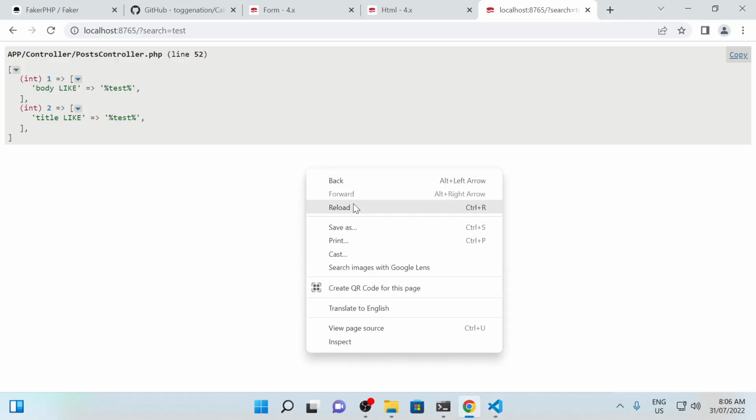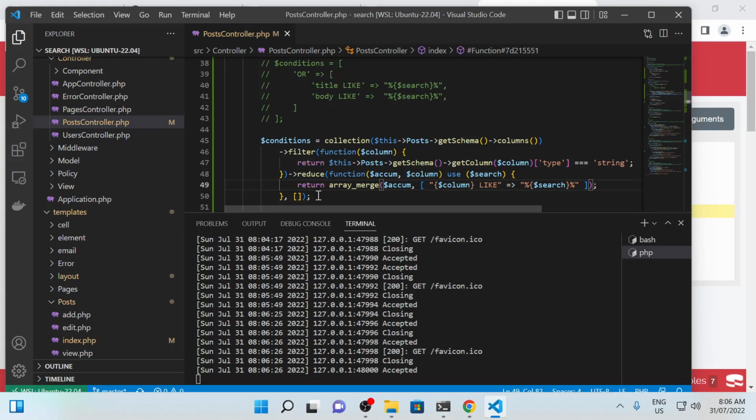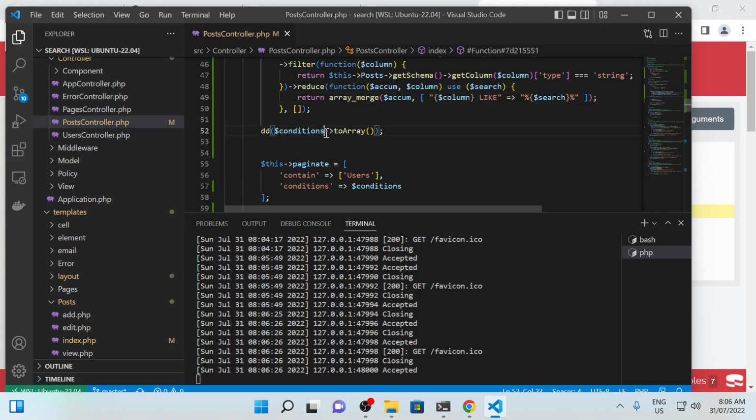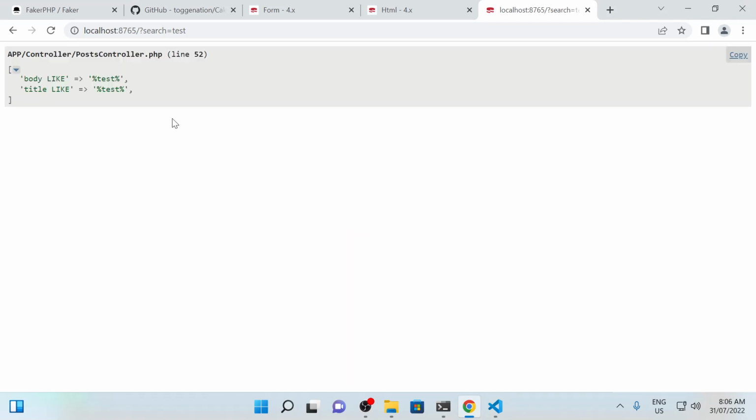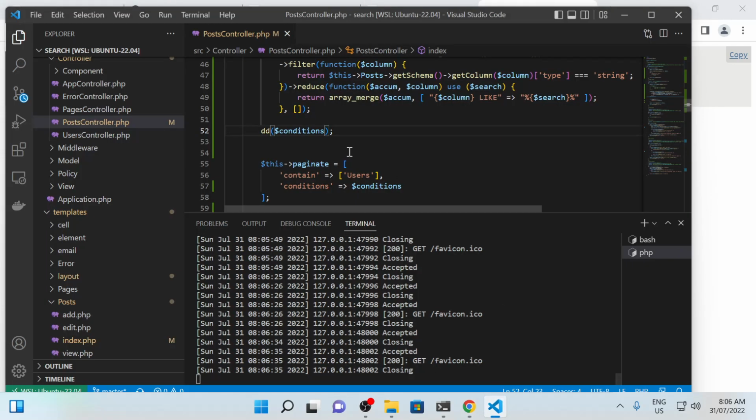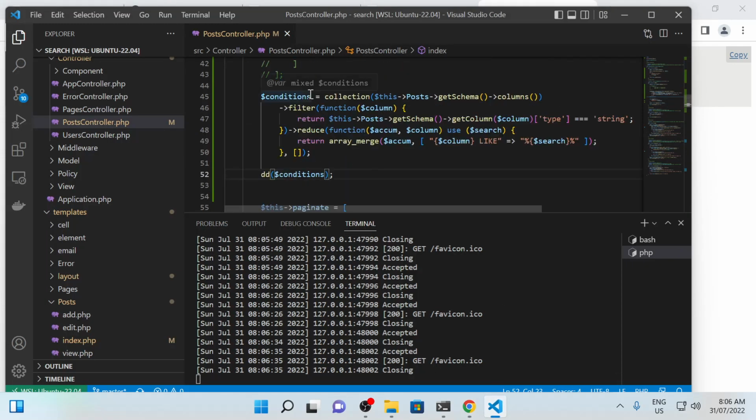So again, if we just remove this, because now the reduce function is returning an array, not a collection. So now we have this, which is exactly what we want,